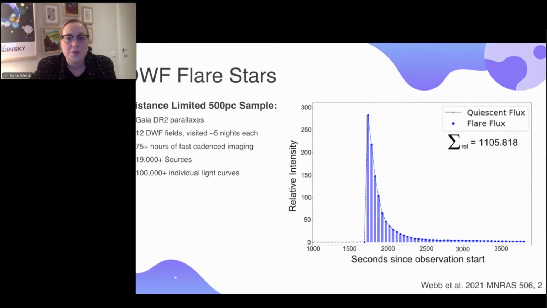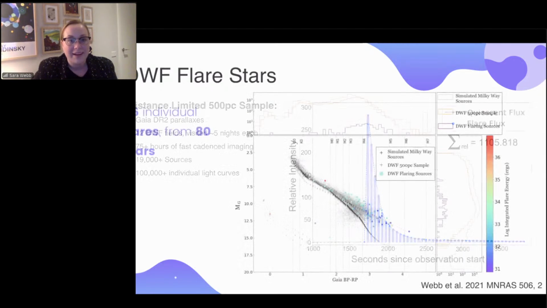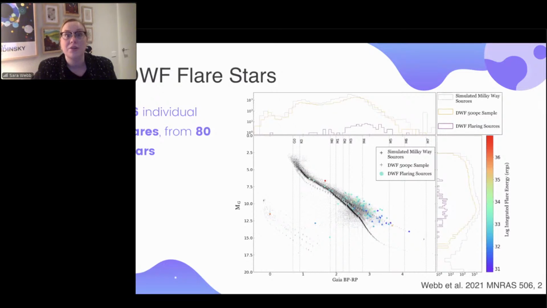The way we were able to understand how much energy was coming out was just being able to use their quiescent baseline to then understand exactly how much more energy over the quiescent they are emitting. And so we did this for 19,000 sources, over 100,000 light curves, because we had multiple days worth of observations for each source. And we were able to pull out just under 100 flares, which was pretty good for a sample this size. I have a plot somewhere, I'm not sure if it's in this paper, if it's in a separate one, where this is a very good result for the amount of light curves that we had compared to some other surveys. So we were very happy with finding about 100 of them.